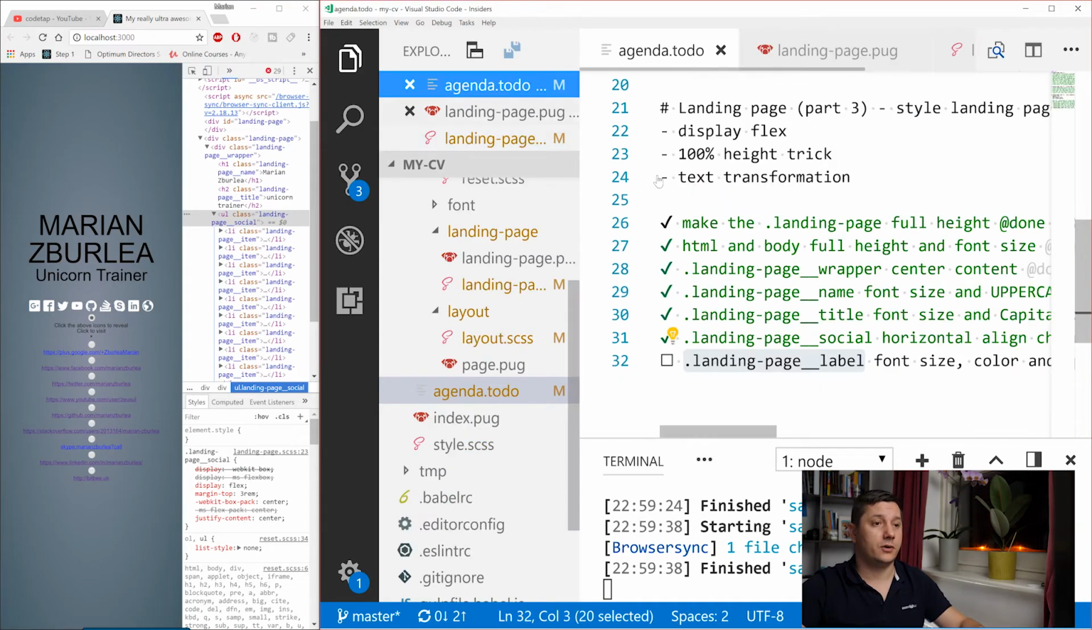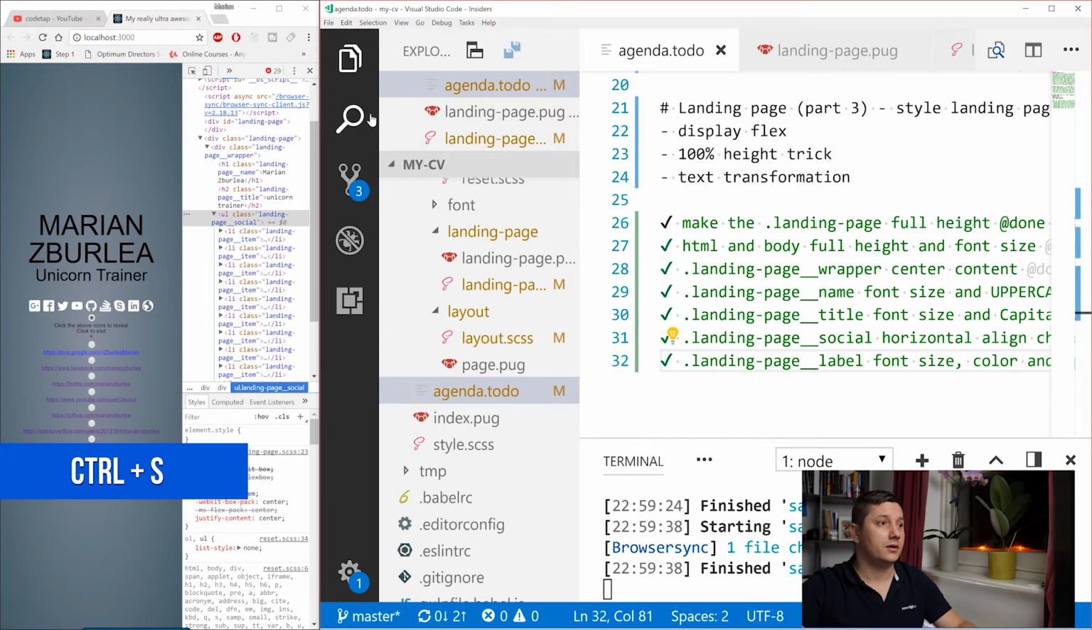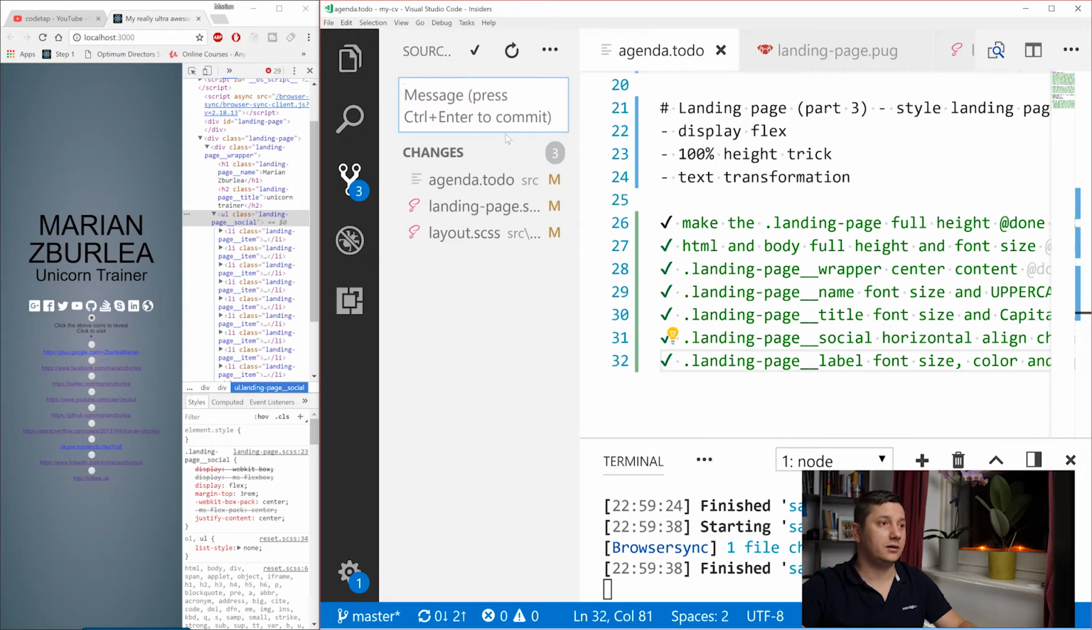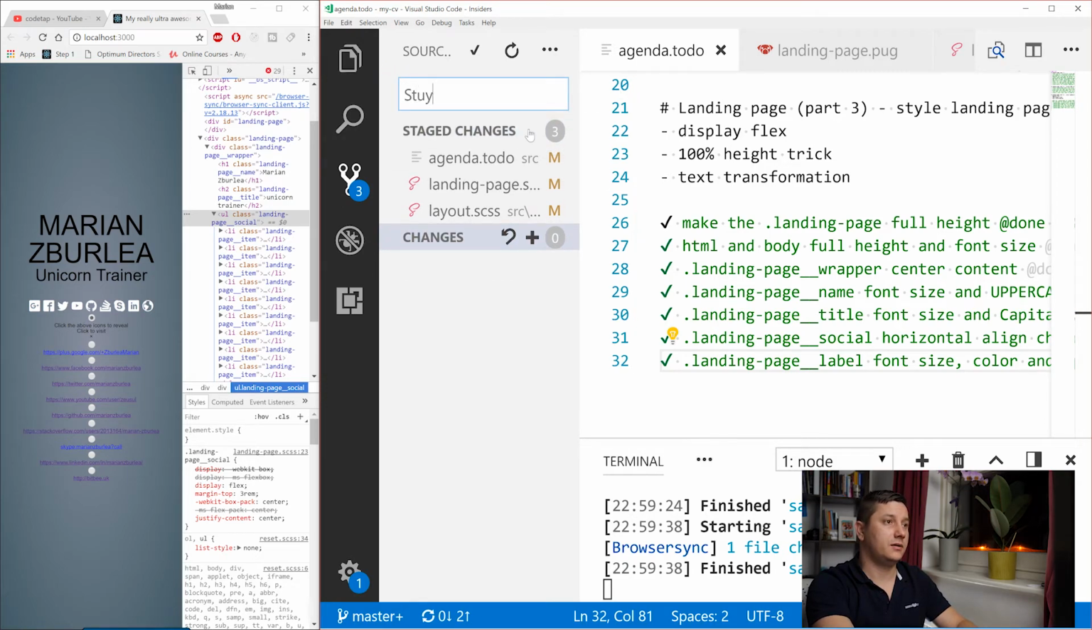Now let's go back to our agenda, mark this as done, save the file, and let's go to Git and stage all changes. And the commit message should be style landing page name,